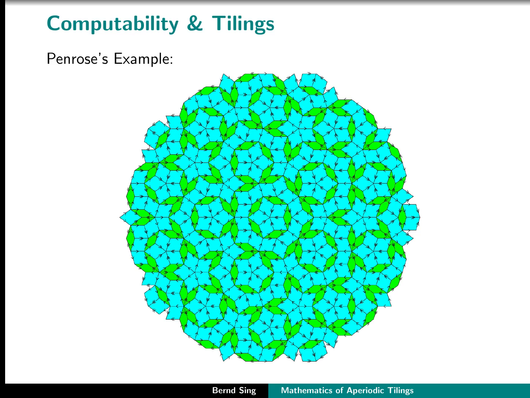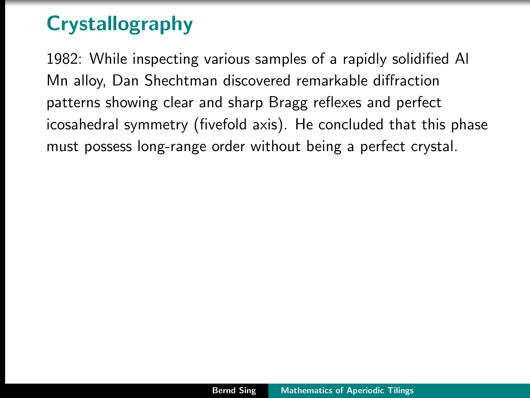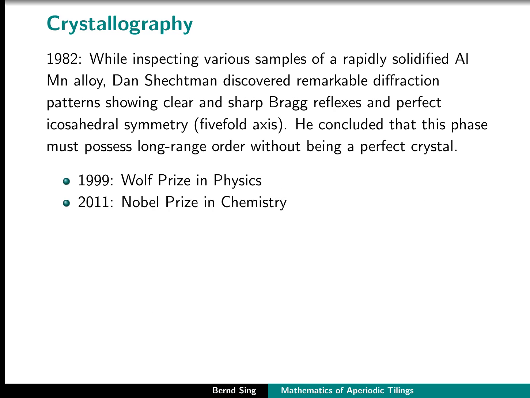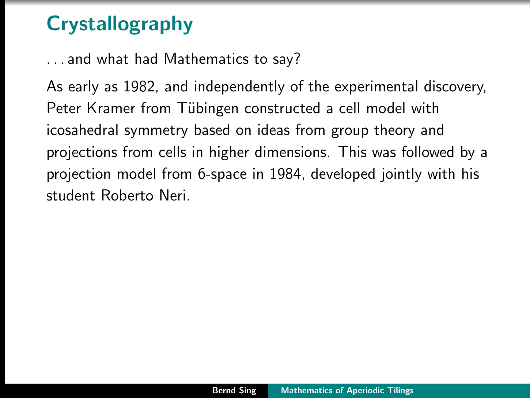In the 80s, now things get real in the sense that crystallographers, then Schechtman, discovered alloys that showed 5-fold symmetry, a symmetry that was forbidden, as we mentioned a few minutes ago. And indeed, other people around that time found other alloys that also showed this behavior. Schechtman, 10 years ago, for example, got the Nobel Prize in Chemistry for this discovery. And the question is maybe here, what has mathematics to say about that? The amazing thing is that around the same time, mathematicians